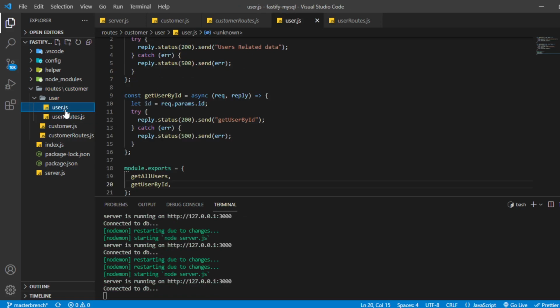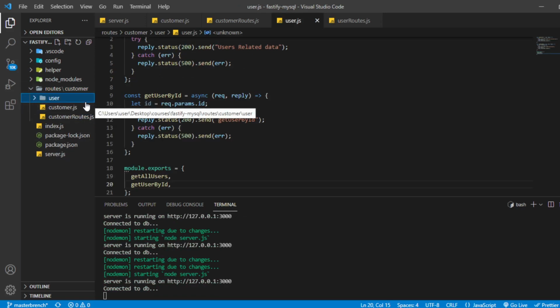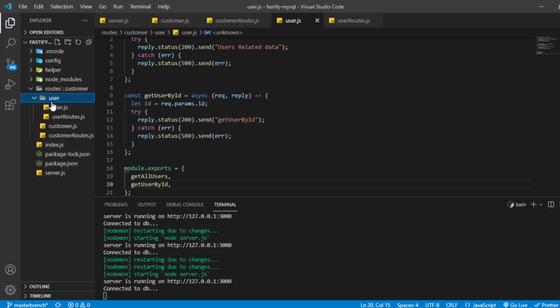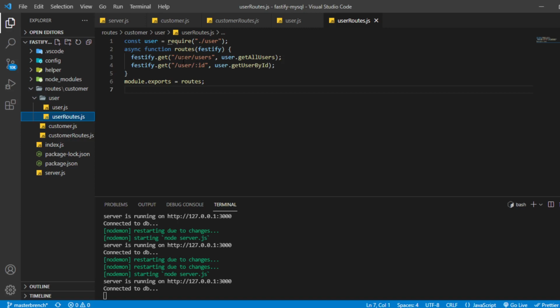So what I have done, I have first created a separate folder for each entity. If we have the entity customer, we create a separate folder for the customer, and if we have the entity user, then we also create a separate folder for user. So user related endpoints will come under this user, and those endpoints will start like slash user and then slash users.